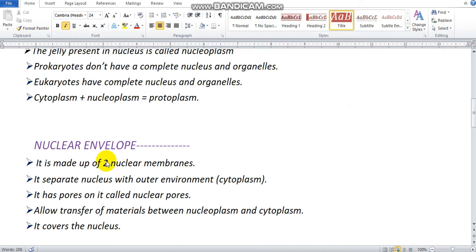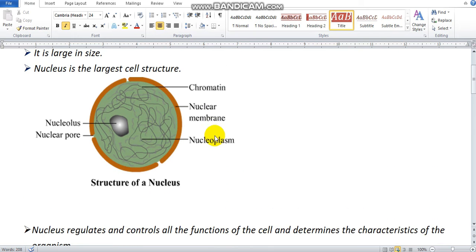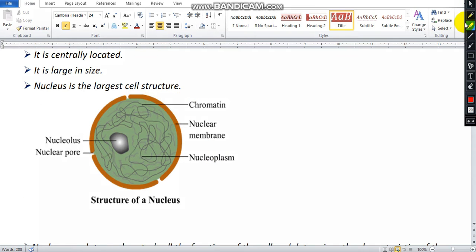It is made up of two nuclear membranes. We studied that. Here you can see the two membranes. So let's understand all these topics in the nucleus. Here is one membrane you can see, and this is another membrane. These two membranes are covering the nucleus. So this is nothing but the nuclear membrane, which is also called the nuclear envelope. And there is fluid, you can see here in green color. It is not green in color, but in this diagram it is shown in green.